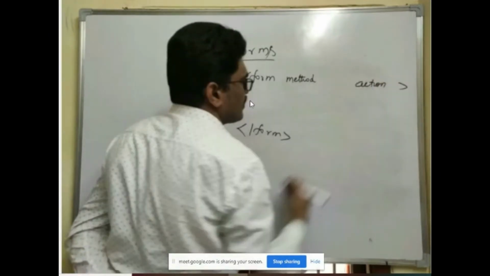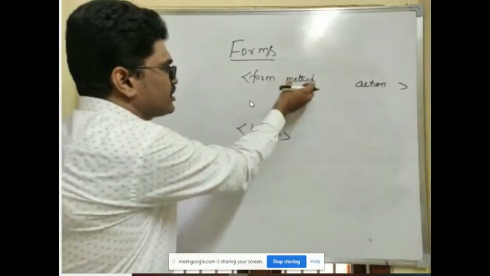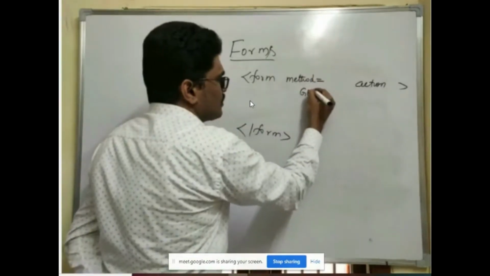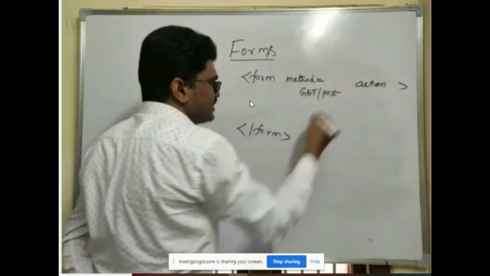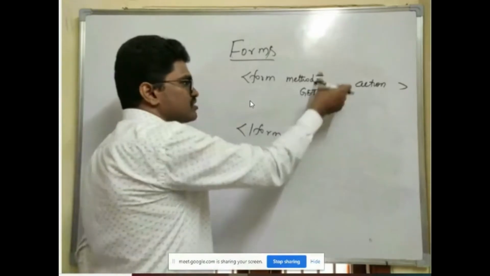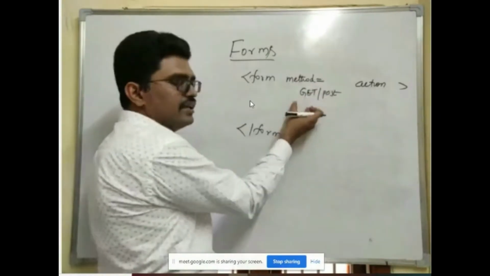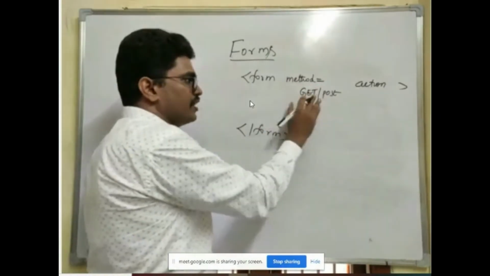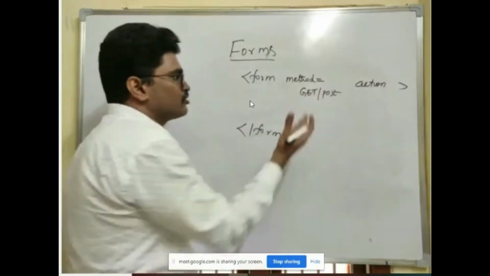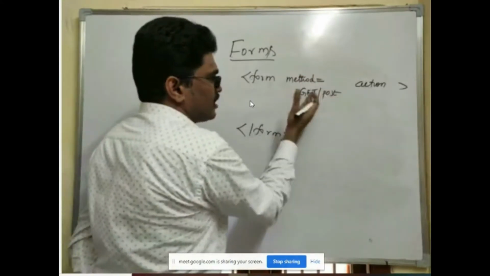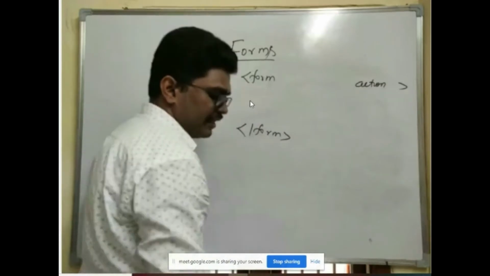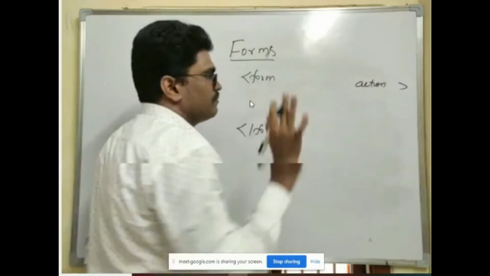Okay. So now there are two attributes which are associated with your form. Form method is nothing but either get or post. Very important thing is most of the technical questions they'll ask are on the difference between get and post, which we'll be discussing in further classes. If I don't define anything, by default it is get.